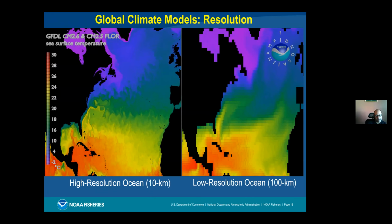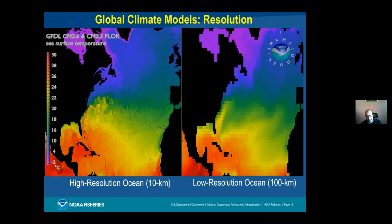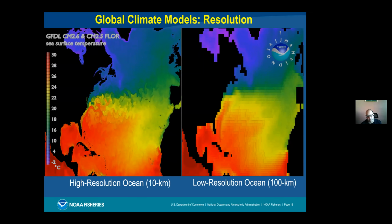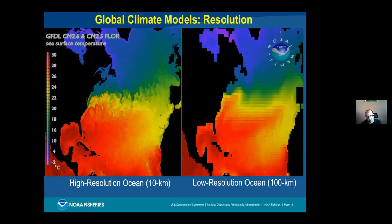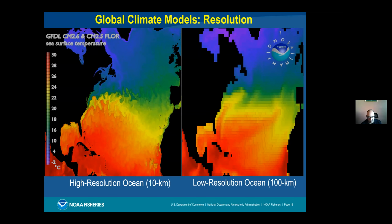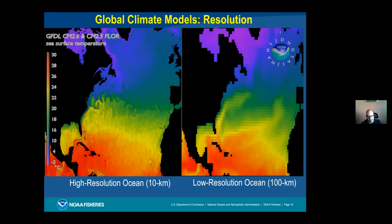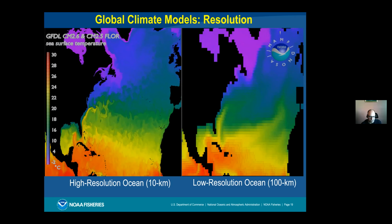So in order to understand the long-term or even near-term impacts of climate change, we have to rely on global climate models. There are different ways that we can downscale these global models for regional analyses like the Northeast. The US Northeast region is relatively small compared to not just the global ocean, but also the entire Atlantic basin. So we found over the last 5 years or so that we really need these higher resolution ocean models that are fully coupled to climate models to get a sense of projected change, long-term decadal projected change along